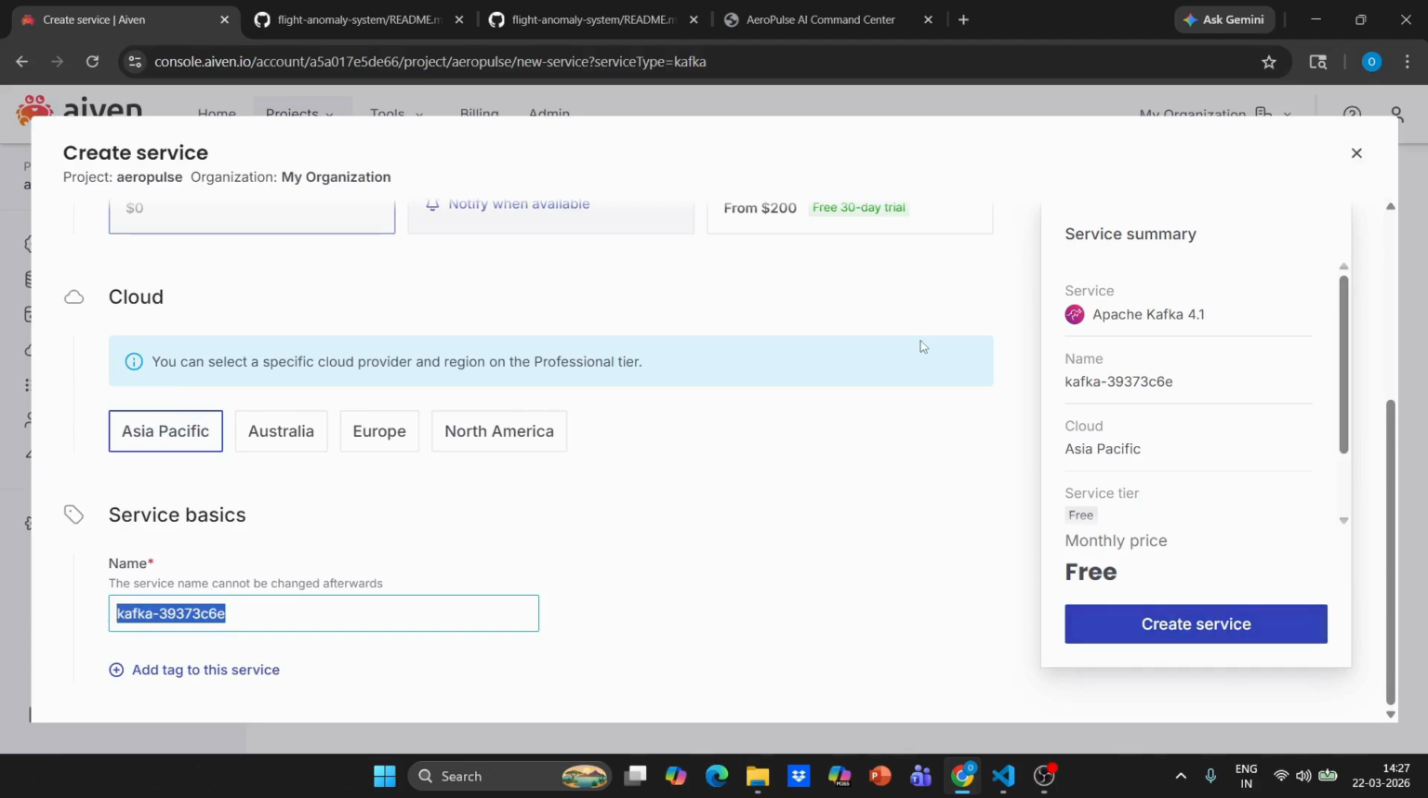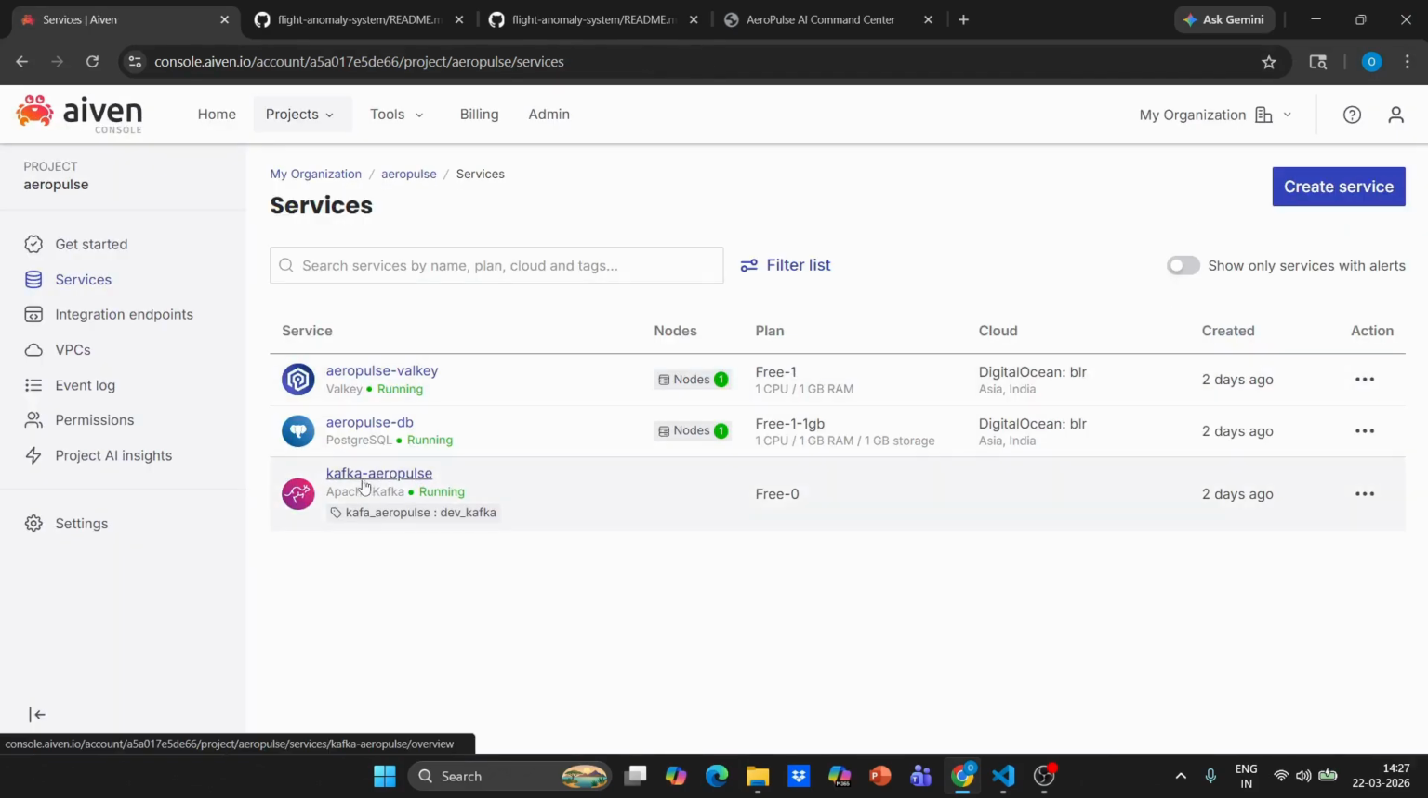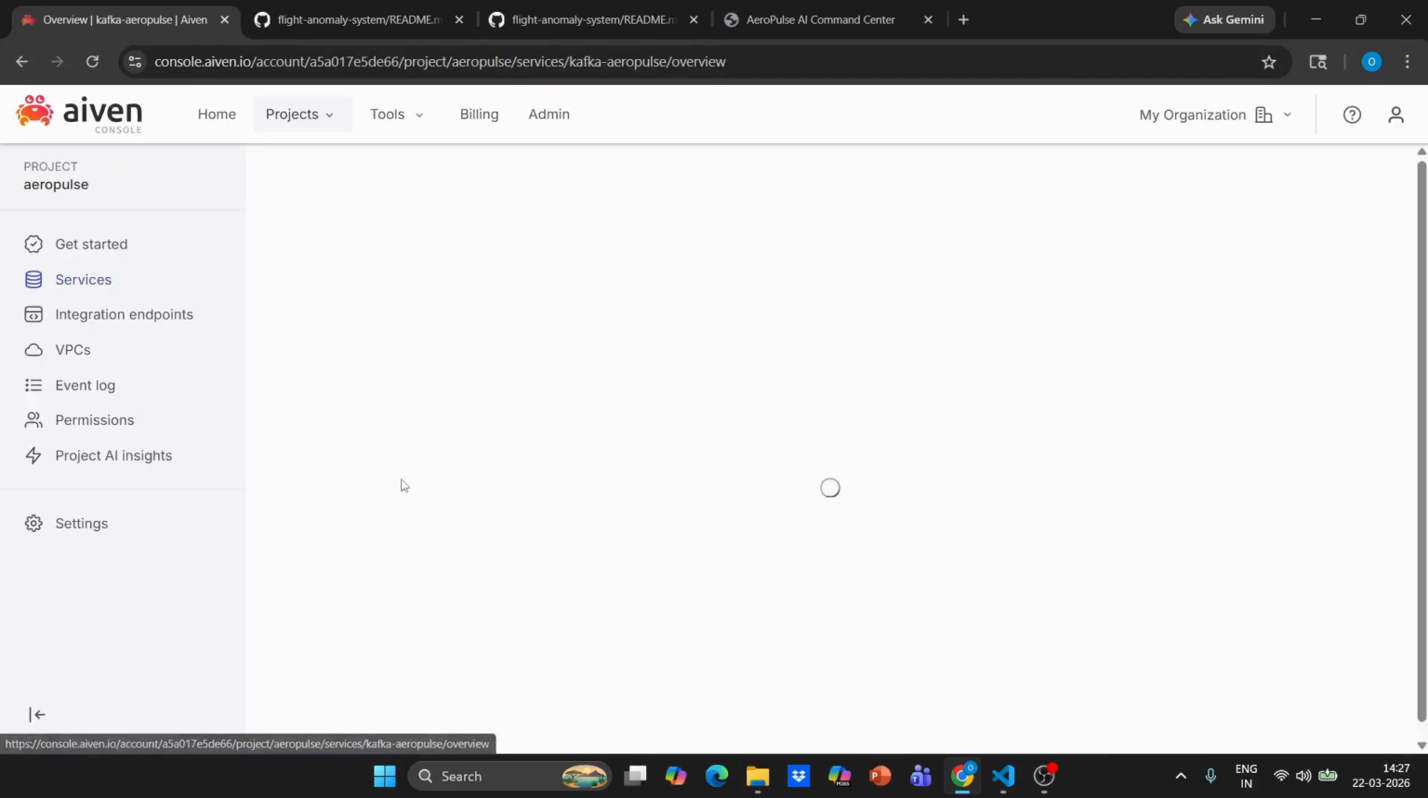Then you will get all the host details and the passwords, and also the CA certificate files, and everything we can just copy and paste into the code. So that's how it is, very simple. Now I will get a service like this. So I have created Kafka arrow pulse. If you go inside